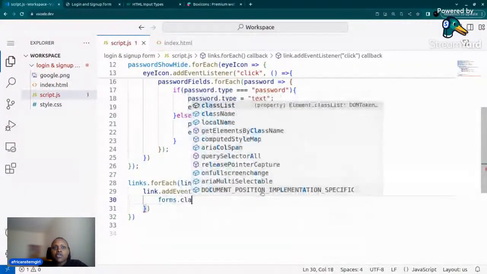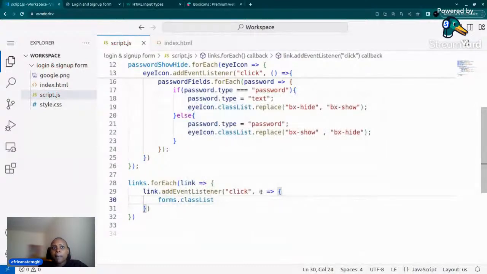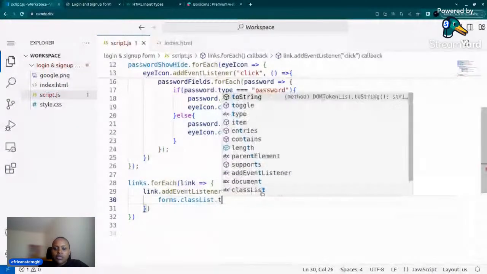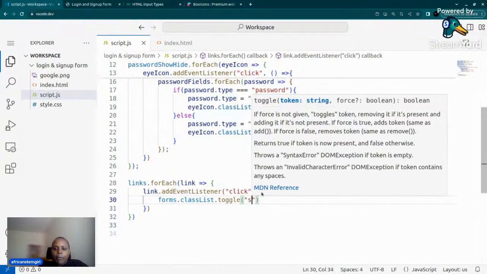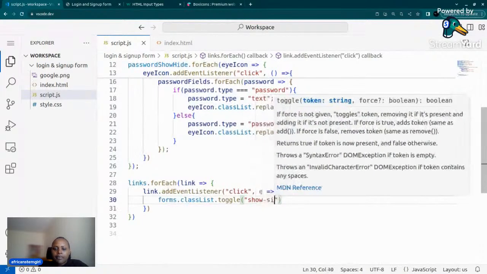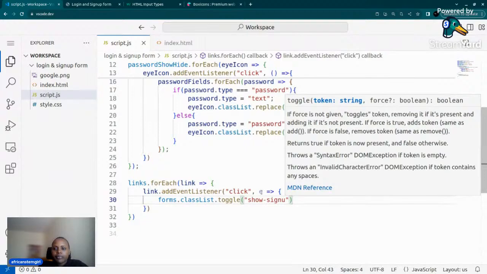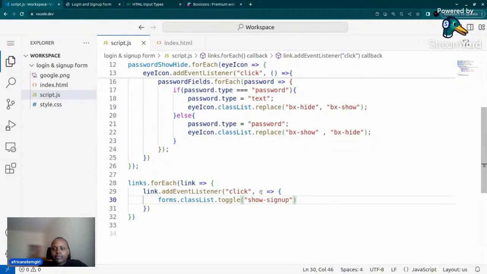So I'll say forms class list toggle. There is usually a function on a toggle, however you say it. So toggle, say show sign up. What this does is basically, if I go to my form here,